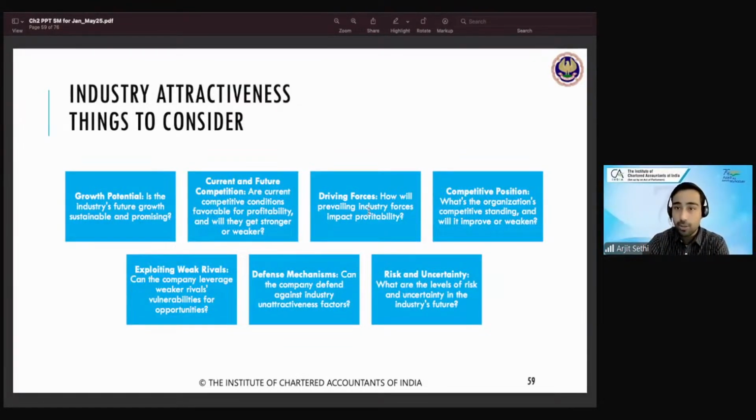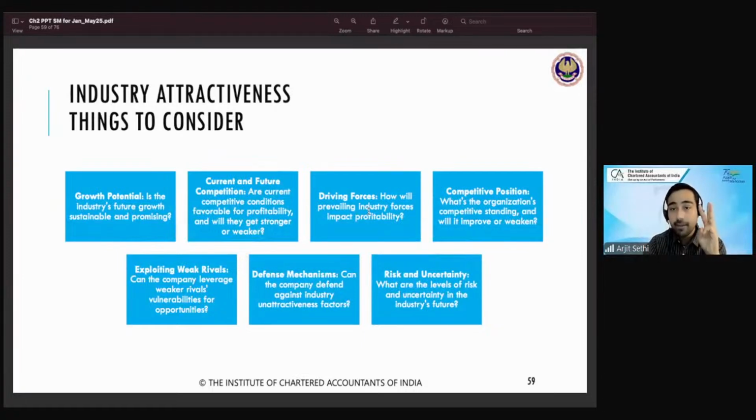Current and future competition. Look at the position. If there is a lot of competition today, maybe not. You don't want to go there. The profits will be less. Future में competition आ सकता है. You have to be careful. You want to play here for certain years. जब competition आएगा आप exit कर जाओगे. That's the kind of business strategy that works. But analyze the attractiveness. Attractiveness is paisa. How much money you can make in that industry is attractiveness. Things to consider are growth, and current and future competition.